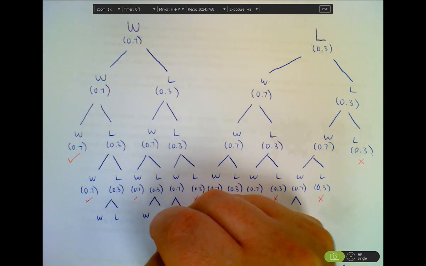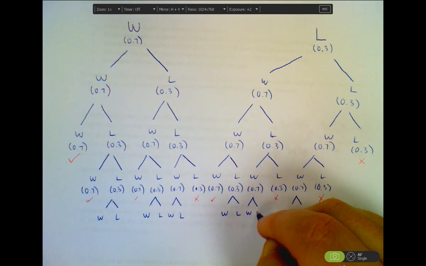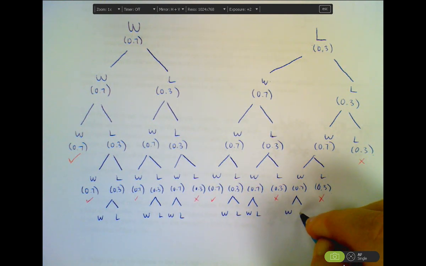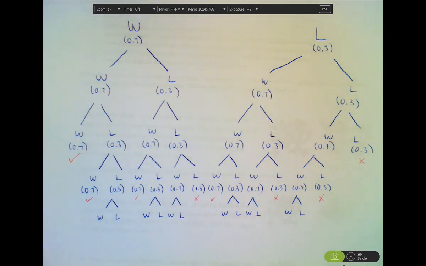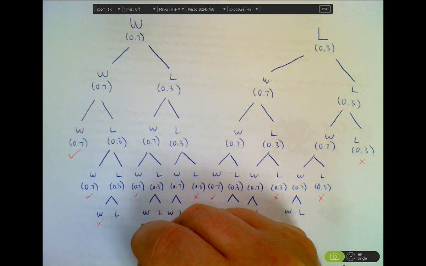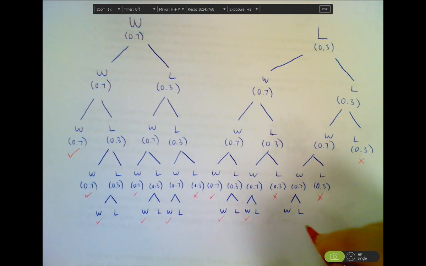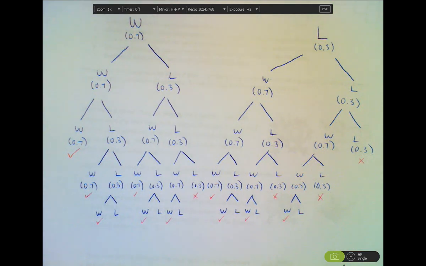Win-loss, win-loss, win-loss. And just for the sake of managing space, I won't add in the 0.7, 0.3 for those last guys. You can assume that they're there. And so we don't need to worry about which branch. All these branches have ended now. You can't play more than 5 games, which result in a win for the Dragons. Any branch here ending in a win will mean they've won their 3rd game. And so we've got 6 different ways that the Dragons can win in